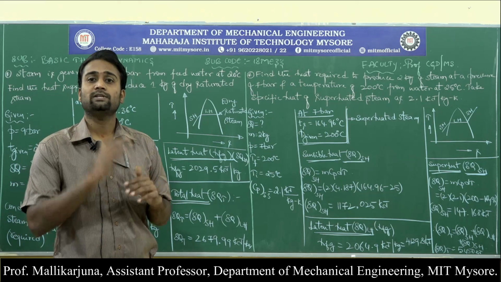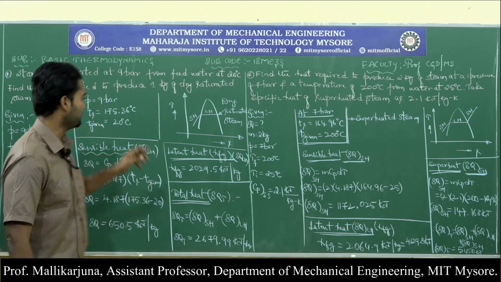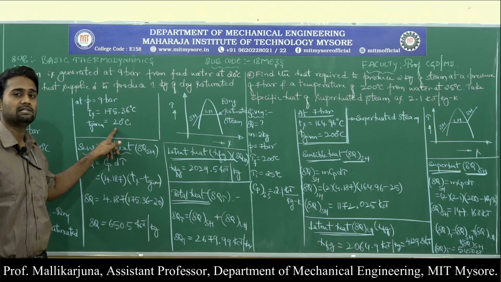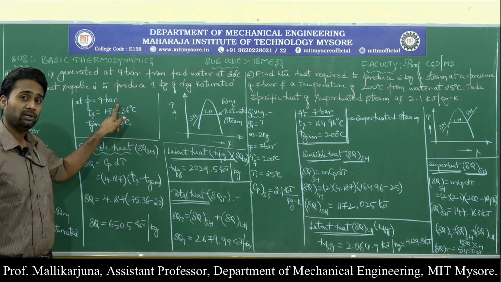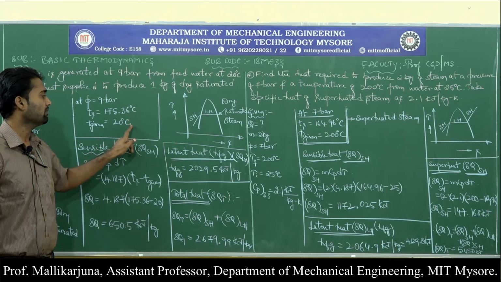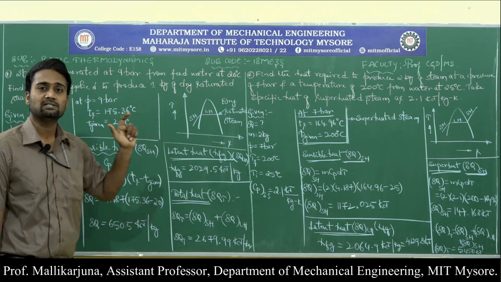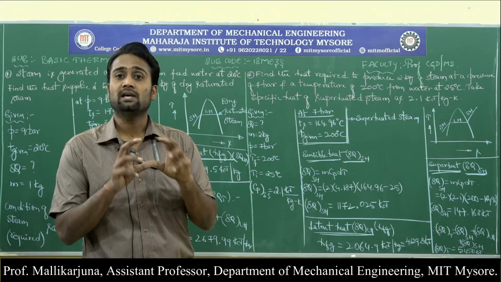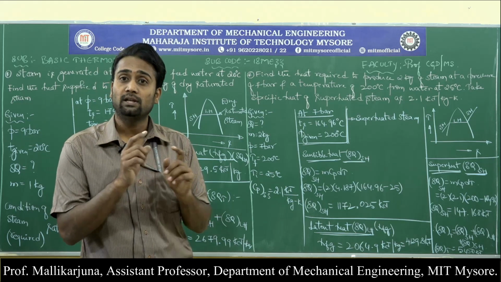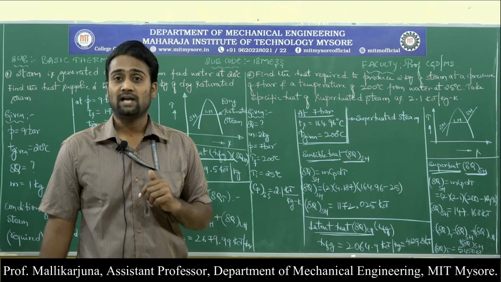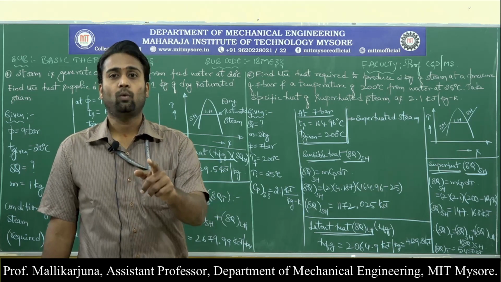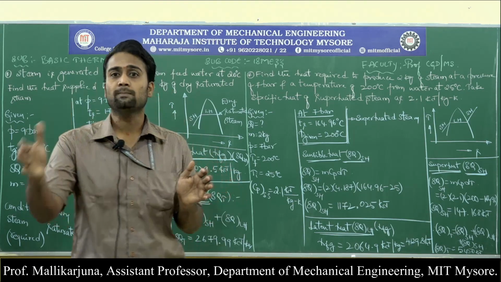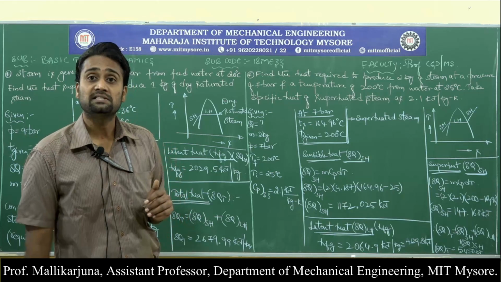We need to take the water to its saturation state. What is that saturation temperature? 175.36 degrees centigrade. What is the given water temperature? 20 degrees Celsius. That means at 9 bar pressure, if I raise the temperature of the water from 20 degrees centigrade to 175.36 degrees centigrade, then water reaches its saturation state. So that is the amount of heat that needs to be supplied in order to take the water to its saturation state. Such heat, which we are supplying in order to take the substance from its existing state to the saturation state, is called sensible heat.